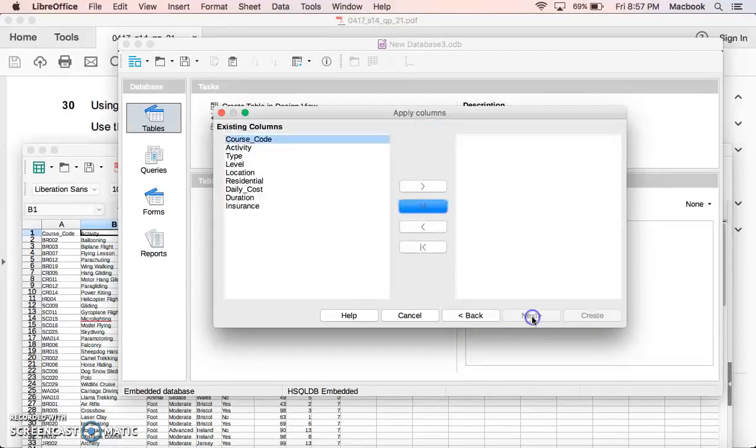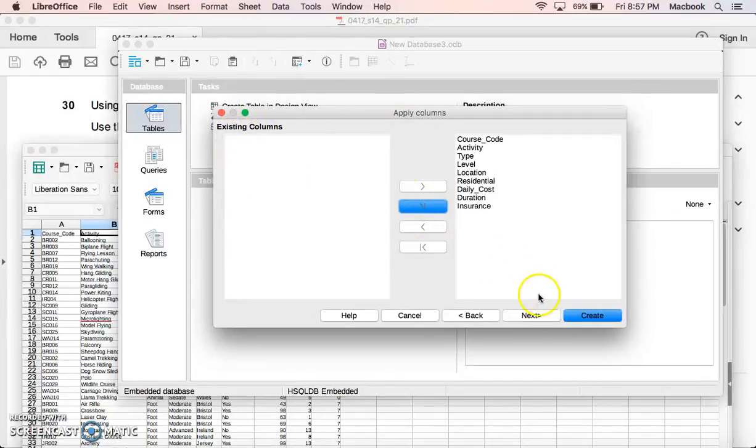I'm going to go through this wizard to show you a few things. So you're going to copy everything over. Again, you could just do create and it would be alright. But if I click next,